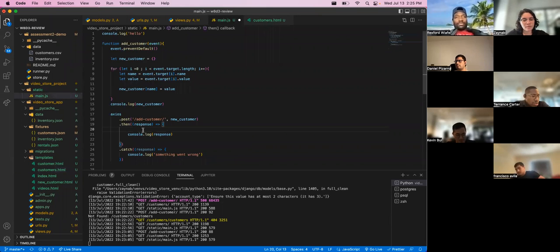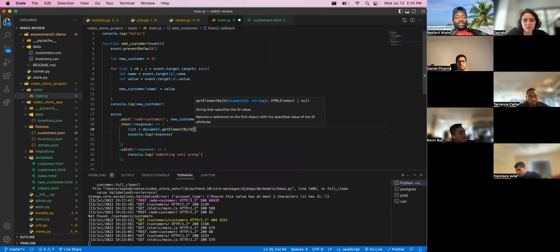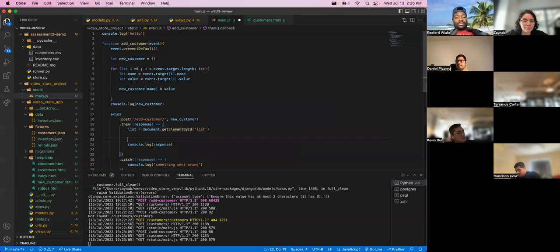In fact, that's probably the first thing, to get that element by ID. So it's document dot get element by ID. Yep, and I just called it list. And then what we want to do is